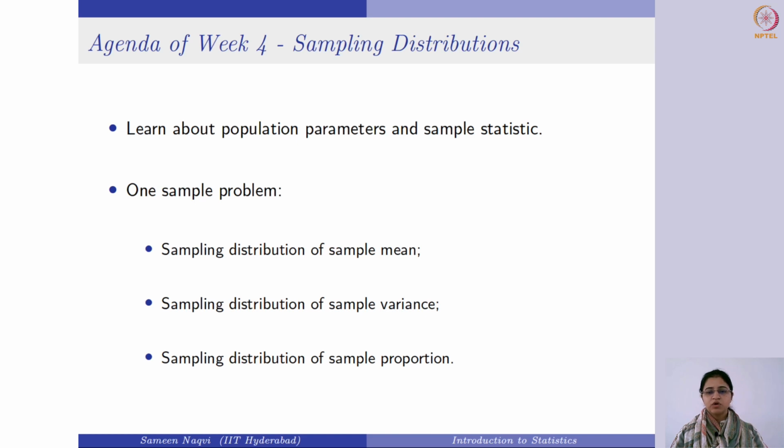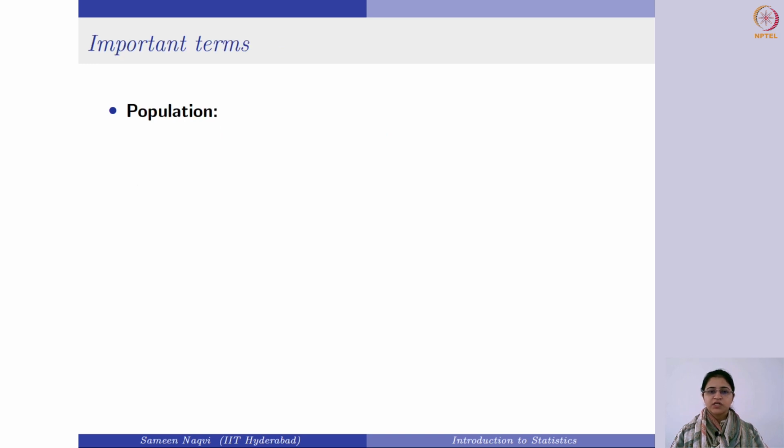As you can recall, mean and variance are used for numerical variables and proportion is used when you have a categorical variable. So keeping that in mind, we will move ahead and start with the first important term, that is